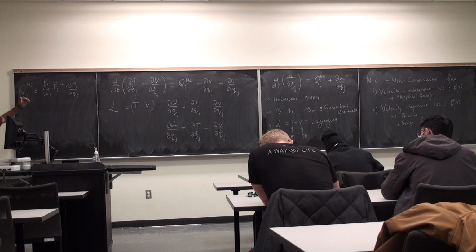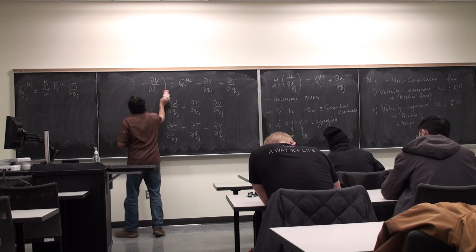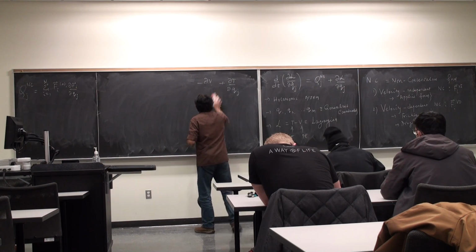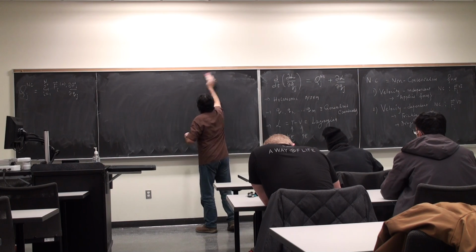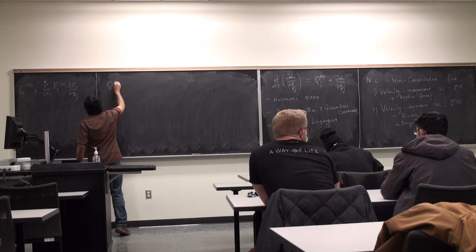This is what we had written previously for Qj non-conservative. This will now be split into two pieces, velocity dependent and velocity independent, and so I'll write it here. Qj non-conservative